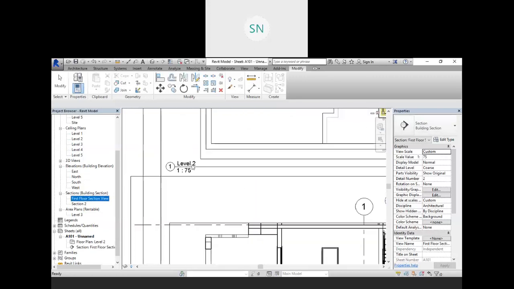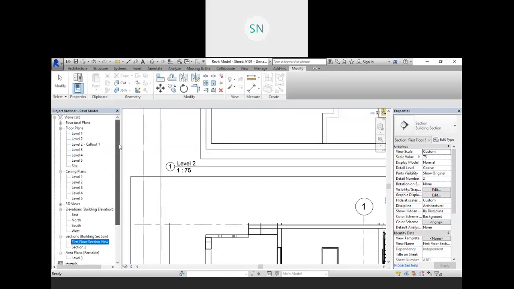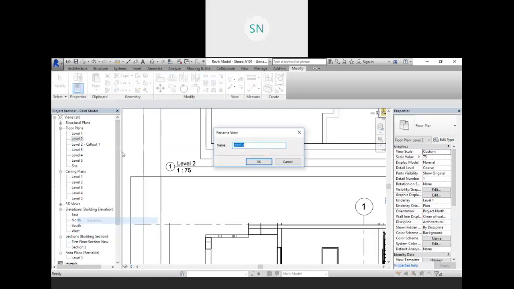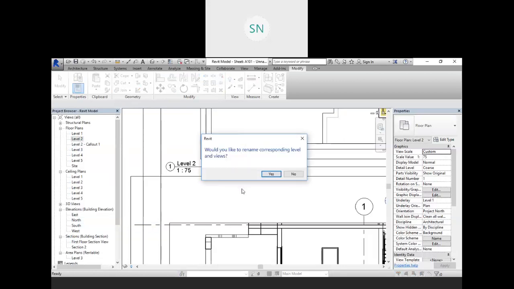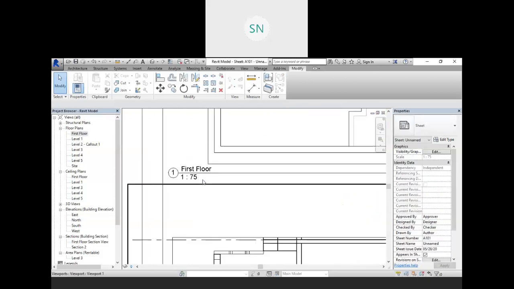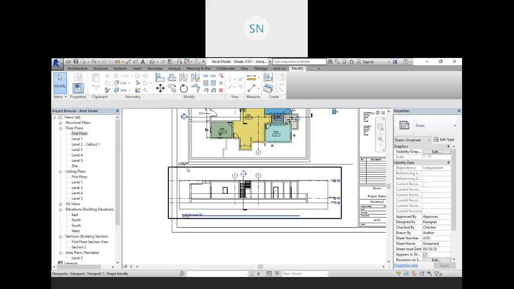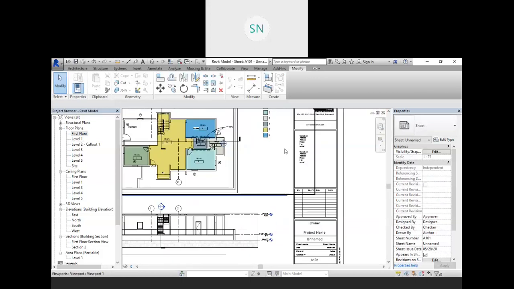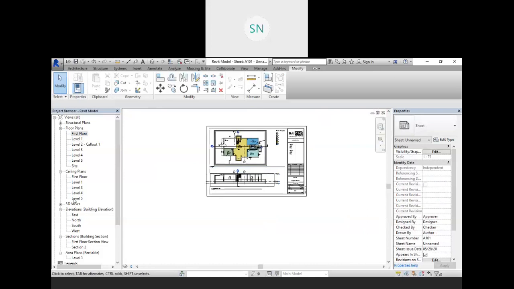Instead of this level 2, now you can change. Just select it, right click and click on rename, and it's my ground floor, right? So in this way your tag will be over here. Also you can place images and 3D views also, right?